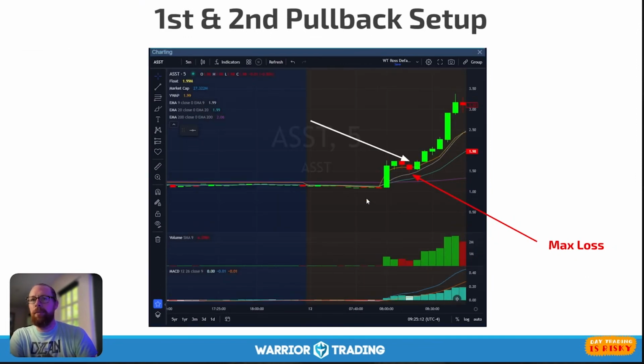All right, here's another example. A couple green candles, a couple red candles, and then first candle to make a new high is right here. And this one goes from $1.60 all the way up to $3.50. This is like a 100% move right there. So this is the type of stock that we want to trade, and this is the pattern that I have consistently found to be the easiest for me to visualize, to find in real time, and to manage my risk